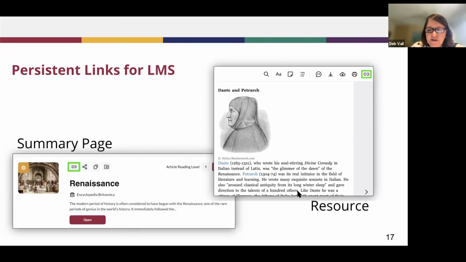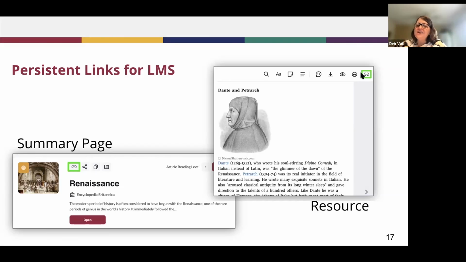This is also another place I can find it. Here's the resource itself, and up at the top right is that link icon. Again, it will enable me to copy, and it just automatically copies it to your clipboard. An important point to note is, if your student is in, let's say, Canvas or Google Classroom, and they click on that link, if they are not logged into Scout, it'll drop them at the login page.